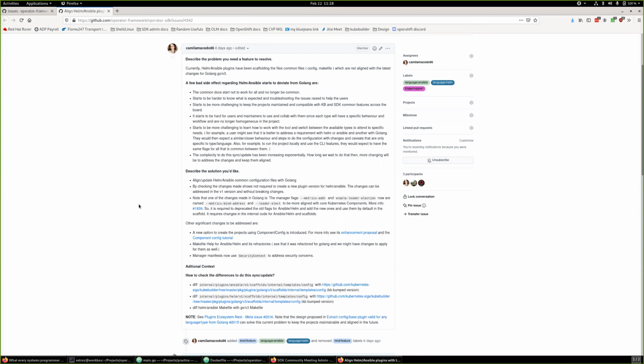One thing I would throw into this is that I can see why it looks like a problem, because they're currently maintained by us in the same repo. But if you looked at it from the perspective that Ansible was maintained by the Ansible team in a separate repo, the Helm plugin was maintained by some other group, and the Java one is done by another group, would the same issue still apply? I believe that yes,